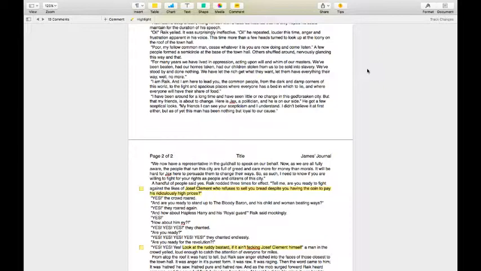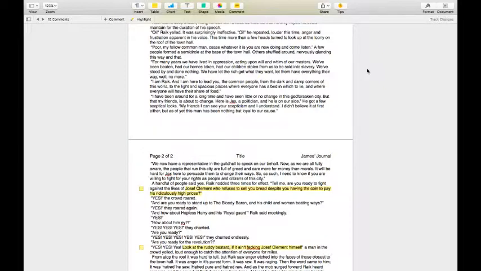Reich nodded three times for effect. "Tell me then, are you ready to fight against the likes of Joseph Clement, who refuses to sell you bread despite you having the coin to pay his ridiculously high prices?" "Yes," the crowd roared. "And are you ready to stand up to the bloody Baron and his child and woman-beating ways?" "Yes," they roared again.